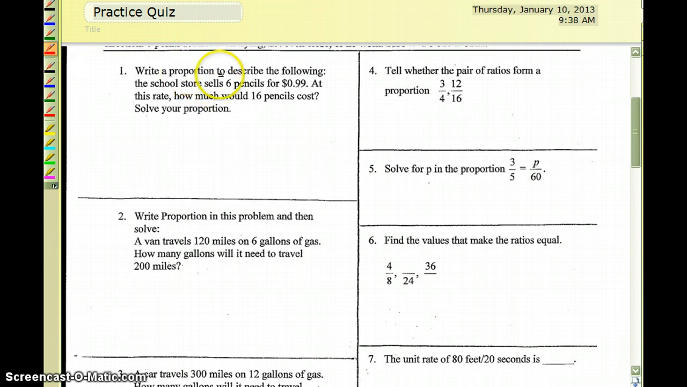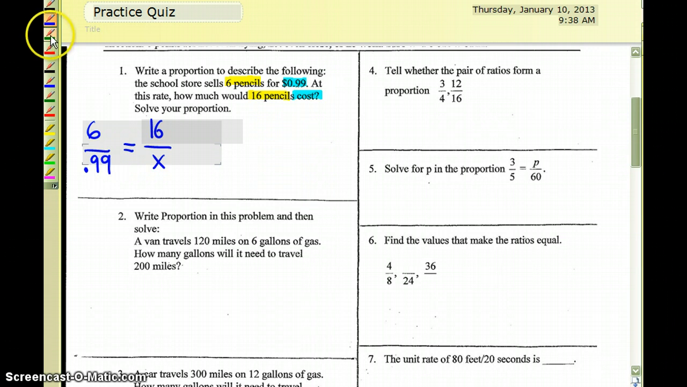So for number 1, when I set up my proportion, I'm going to highlight here the information that I see. 6 pencils that are costing 99 cents. Okay? And then it is asking me, well, at this rate, how much would 16 pencils cost? So I'm looking for the cost here. In these colors here, I'm going to use those to help me set up my proportion. I have 16 pencils, and I don't know how much that costs, and that's going to equal 6 pencils costing 0.99